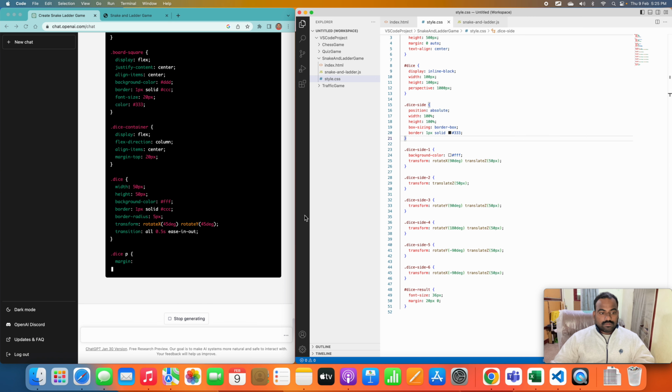Still it is running, and with the dice container and roll dice button, we'll use this coding for board square. Having 12 boards. Okay,